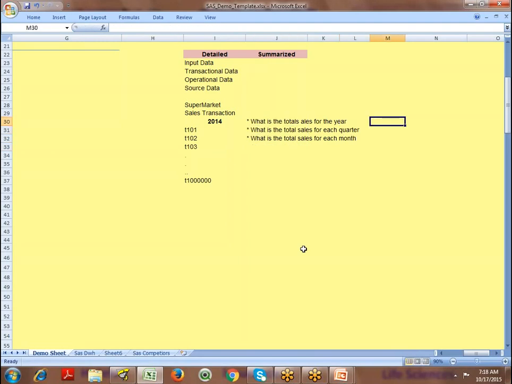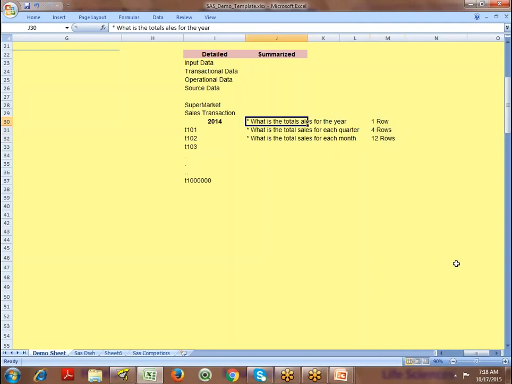Even with 1 million transactions in 2014, the question of total sales for the year returns only one row. Total sales for each quarter returns four rows. Total sales for each month returns 12 rows. Depending upon the requirement, it gives you the corresponding number of rows.